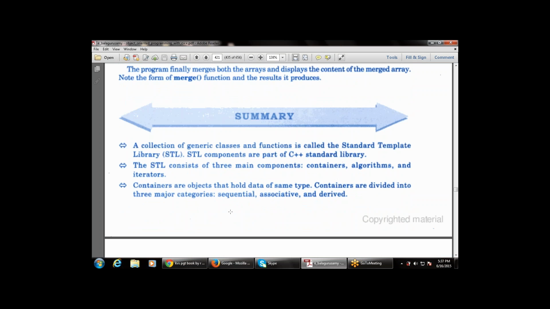STL components are a part of the C++ standard library. Every standard library is a part of C++. STL consists of three components: container, algorithm, and iterators. Containers are also divided into three categories: sequence containers, iterative containers, and associative containers. But the brief categories of STL are container, algorithm and iterators. Right. The next point says containers are objects that hold data of the same type,